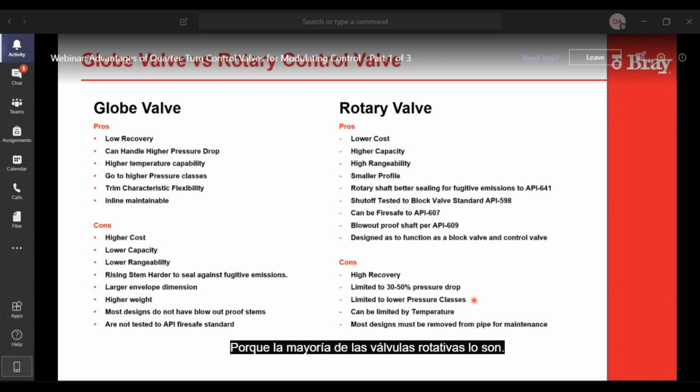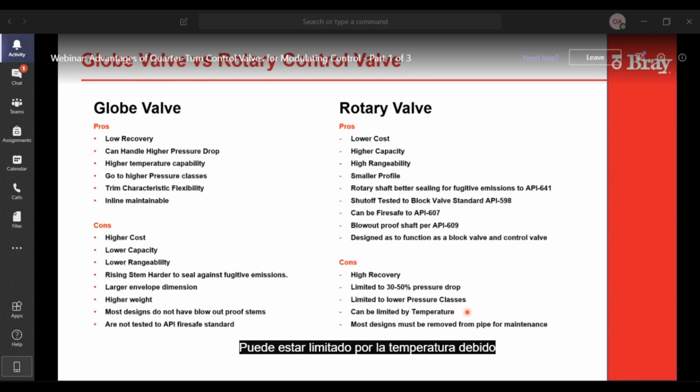Most rotary valves are lower pressure class, ANSI 150 or ASME 150, up to class 600. There are some trunnion design valves that go up to ASME 1500, but most of the time globe valves handle those higher pressures.